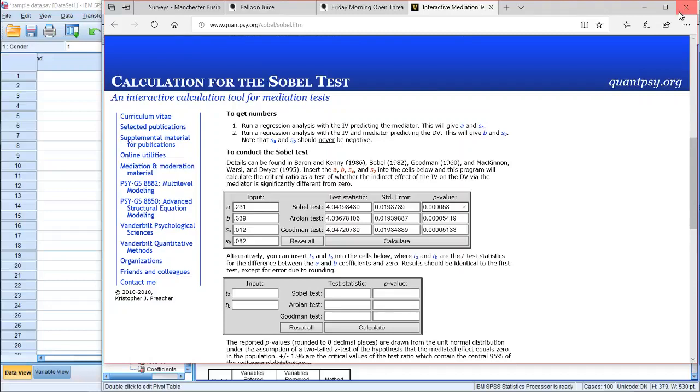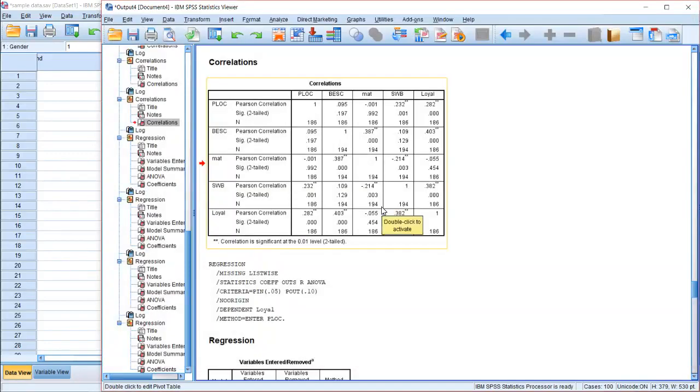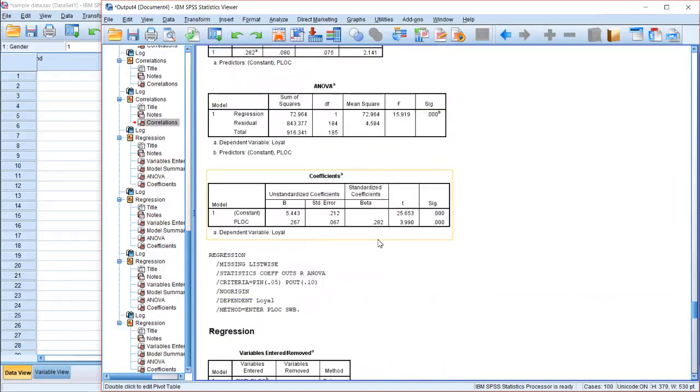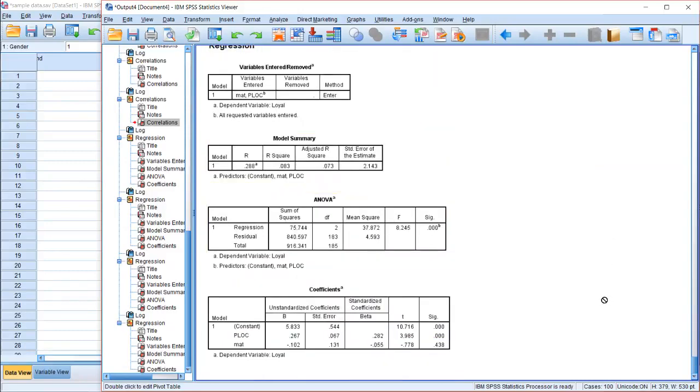For moderation, this is where you have an interaction. Close all tabs. Moderation is trickier because there's a couple of steps to follow. Now, if you Google it, you'll find web pages that give you advice, give you a walkthrough and show you how to do it, and also show you how to plot out the answers. And I highly recommend that you do that if you need to, because then you can get a walkthrough. But